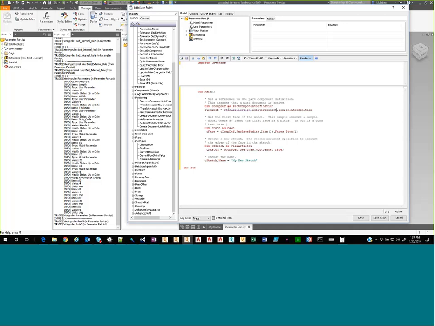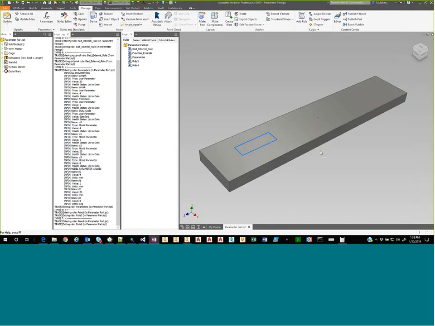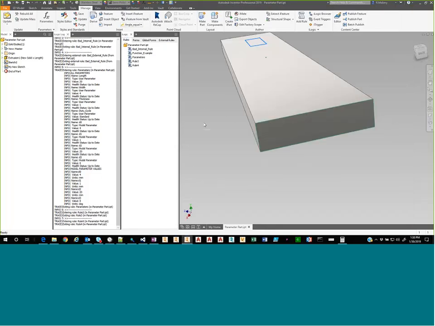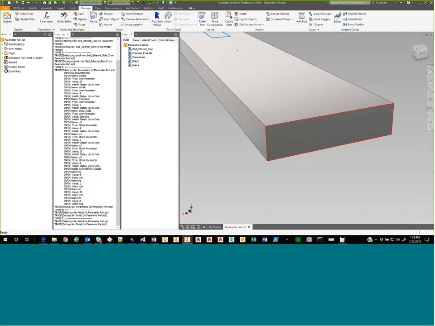So if we take a look at this, it's just getting that part definition. It's getting a face, right? In this case, it's getting the very first face. It's creating a sketch on that face, and it's going to rename that sketch to my new sketch. So I hit save and run. It created a sketch over here on this face, and then that guy is now residing